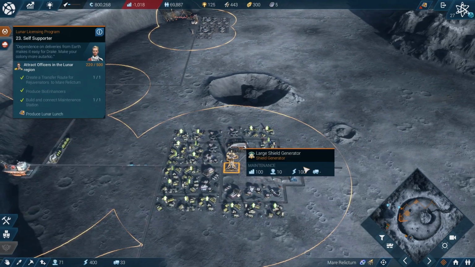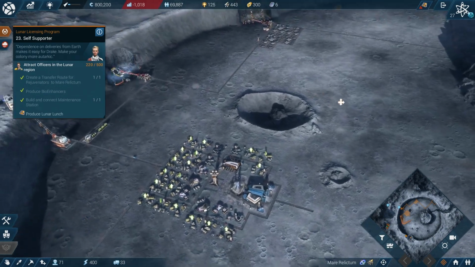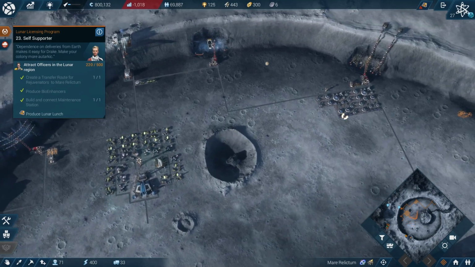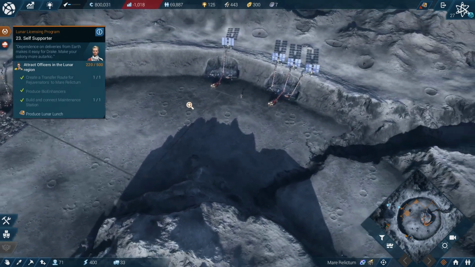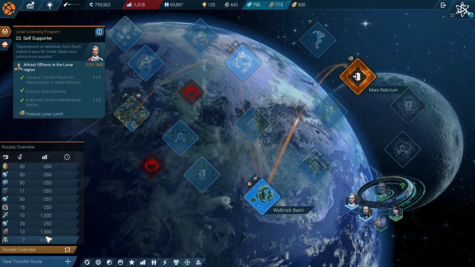See, 100, 10, 100, 50, 5, 50. Yeah, that's exactly halved. So it doesn't matter if we have 2 or 1. If we can replace 3 with 1 big shield, that matters. Starts to matter, at least. Right. We started to produce our